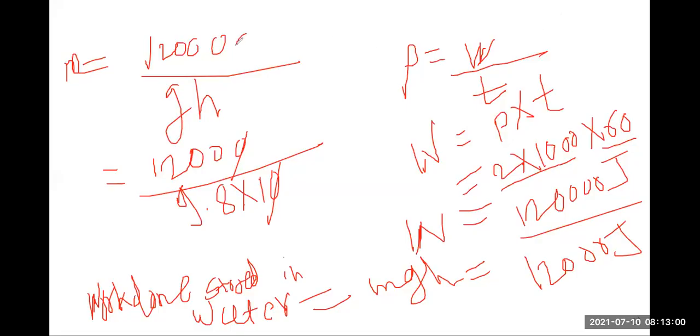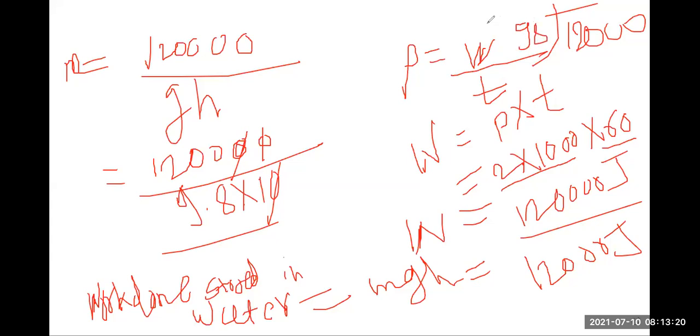120,000 joule divided by gh, 9.8. So here now we have to divide 120,000 by this 9.8. You know very well how to divide. Instead of 9.8, we will take directly 98. So here we can reduce this 0, or here we have to increase 0. Then we can get the answer, and that answer will be 1224.5 kg.